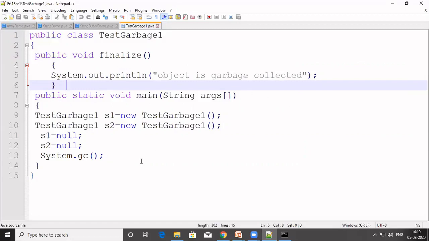In the main method, I have created two objects of the class, s1 and s2. These two objects are objects of the class TestGarbage1. Now I set the value of these objects to null, that means s1 = null and s2 = null.